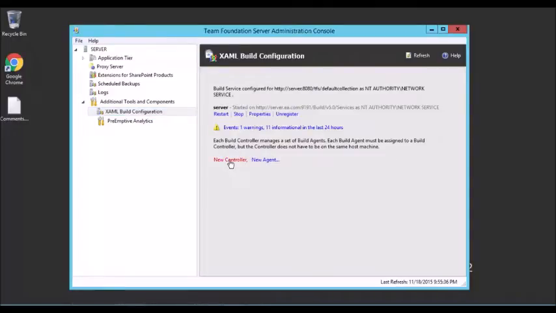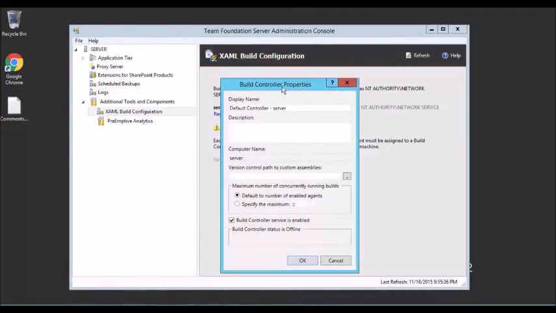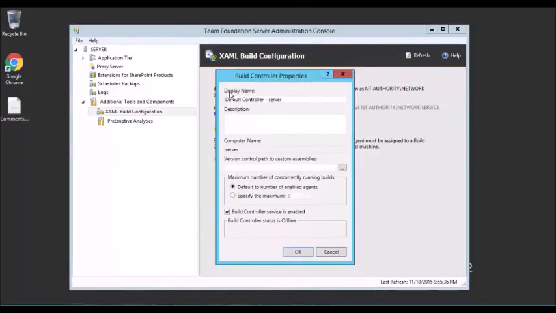So I'm going to hit this new controller, and you can see that it brings me up a box, and it asks whether you want to give this name for your default controller. Of course, let this be the default controller name, I don't really care about it, but you can give some description. If you have multiple controllers, you may sometimes get messed up with that. So you can say that the controller running